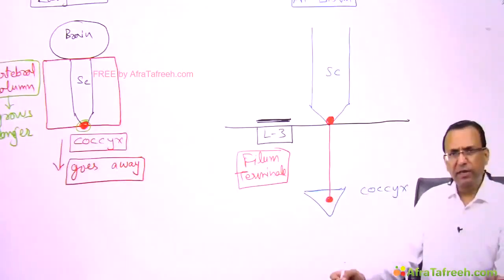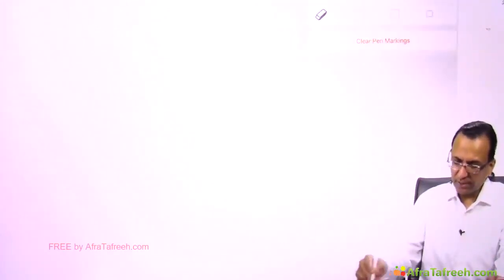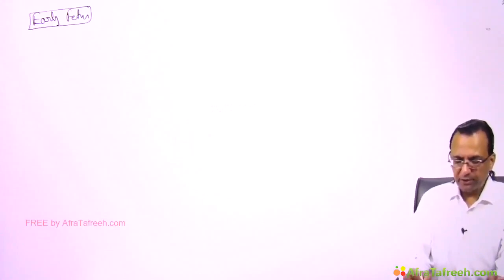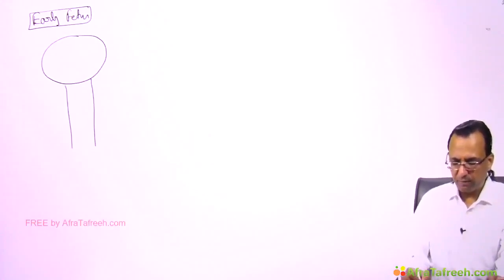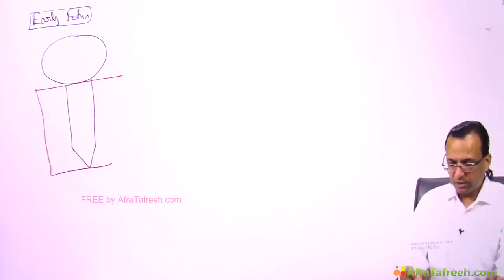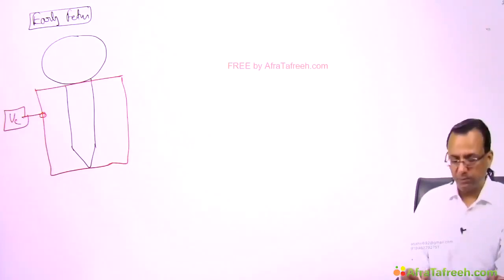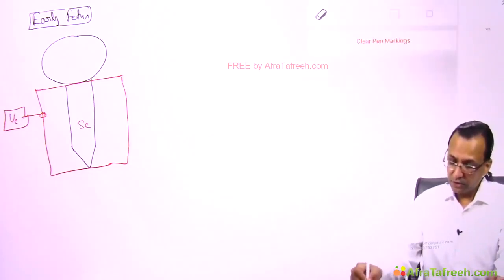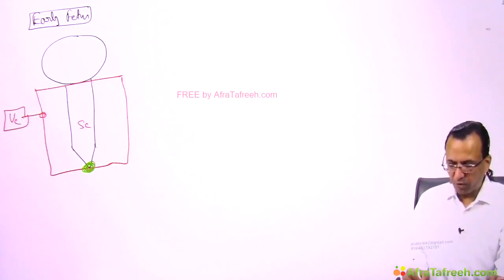That means the early fetus, the baby at birth, and the adult. I'm starting with the early fetal stage. When you are talking about the early fetal stage, there's the brain developing, there's the spinal cord developing, and the length of the spinal cord is equal to the length of the vertebral column. So this is the length of the vertebral column now. The vertebral column grows faster than the spinal cord later. That is why the spinal cord was fused with the coccyx bone here, and this coccyx bone is now going away from the spinal cord.